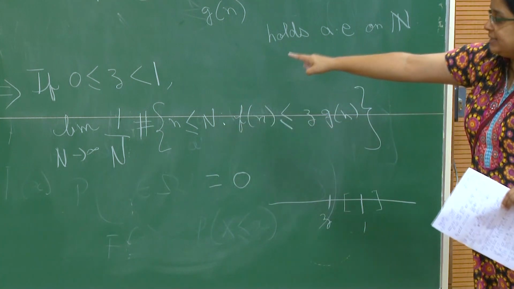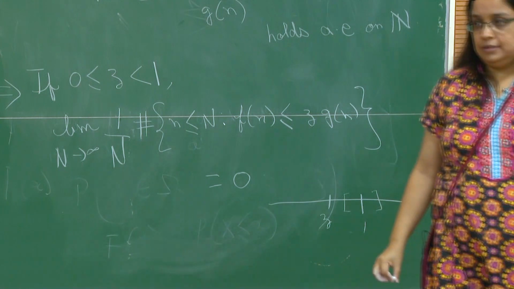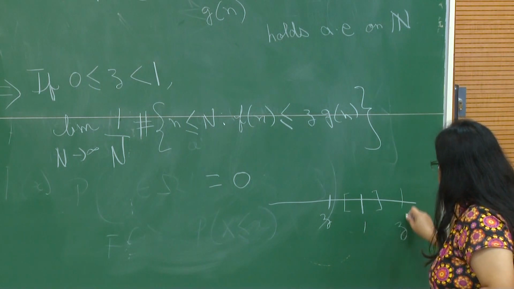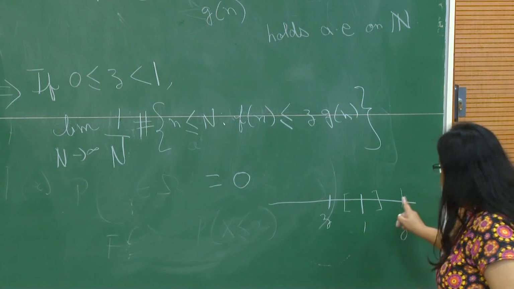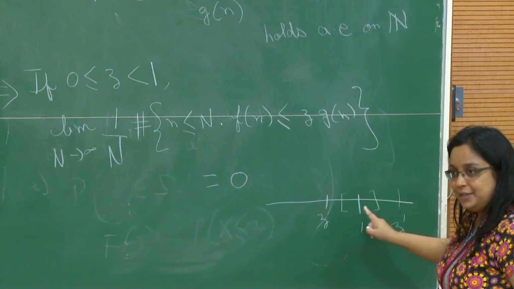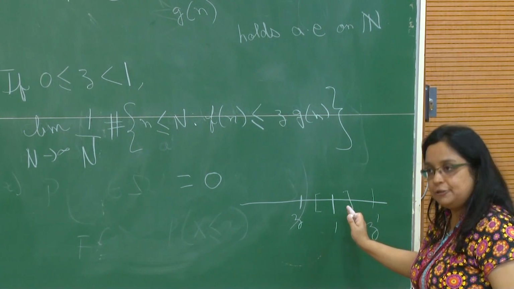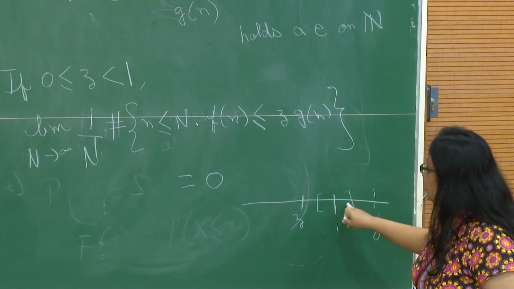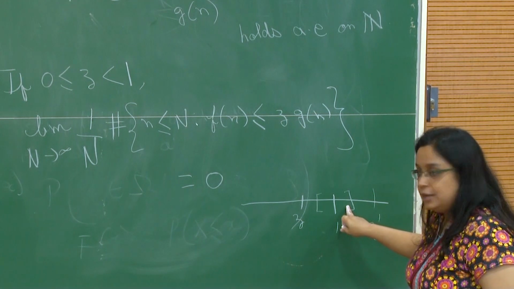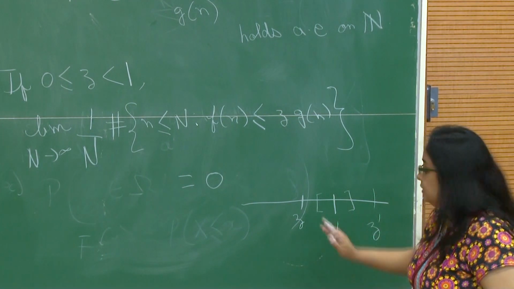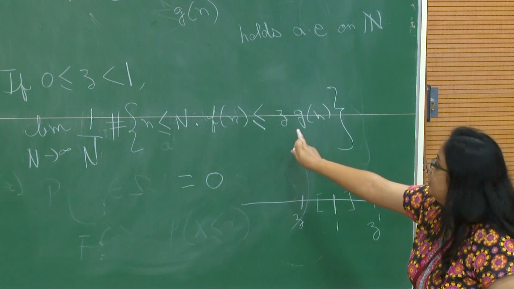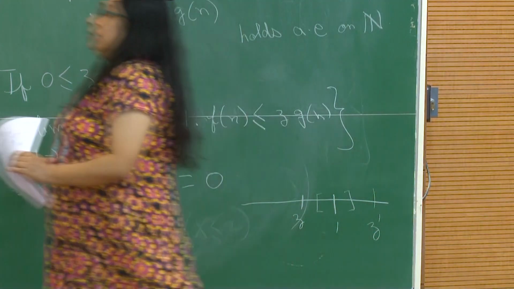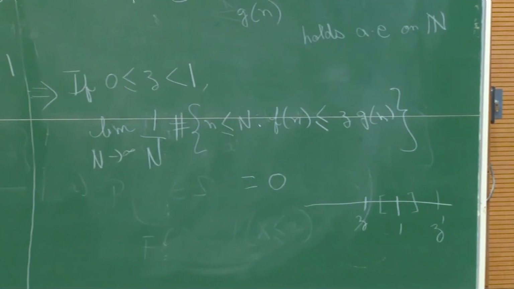And what happens if z is something strictly greater than 1? Let us take some z prime which is greater than 1. Again you can take some epsilon so that 1 plus epsilon would lie to the left of z prime, and you know that for that epsilon, almost all the natural numbers would lie in this region. Therefore, if z was strictly greater than 1, then this limit would just be equal to 1, all right. And therefore,